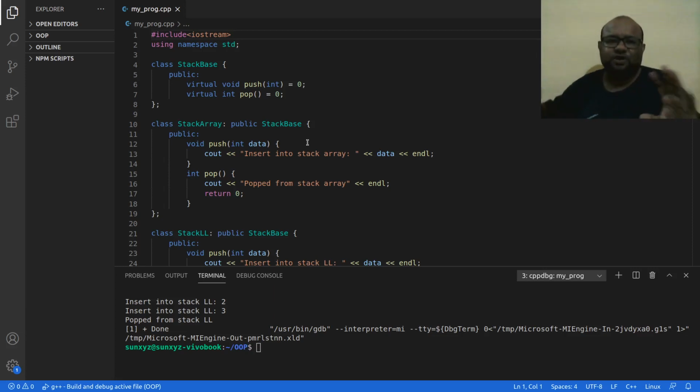Just because this word abstract appears in all these three different ideas does not mean that they are the same thing. Okay, so abstraction is a philosophy that abstract data type and abstract class are going to give. Abstract class is a different thing and abstract data type is a different thing. Okay, so we will talk about abstract data type in the video after the next video.